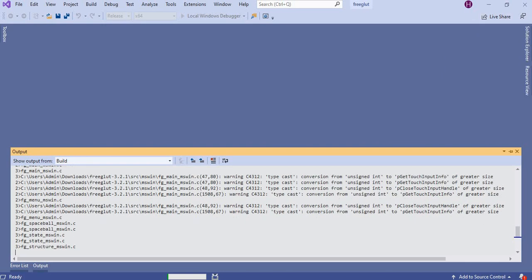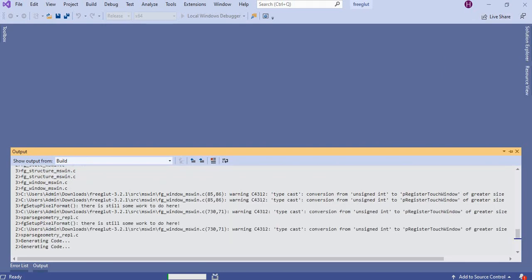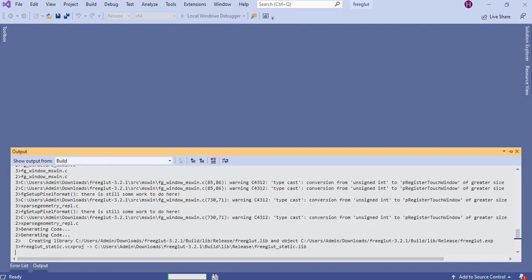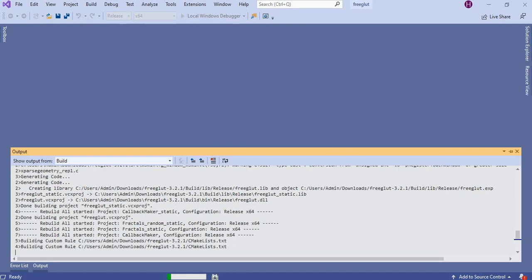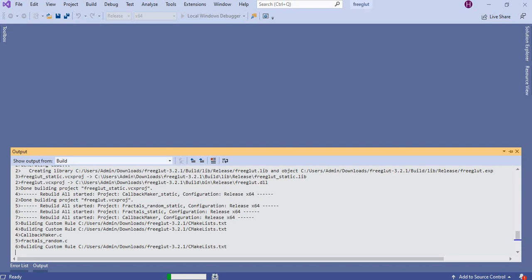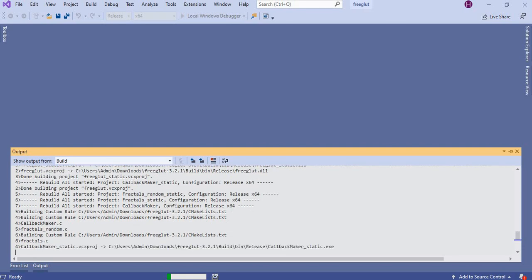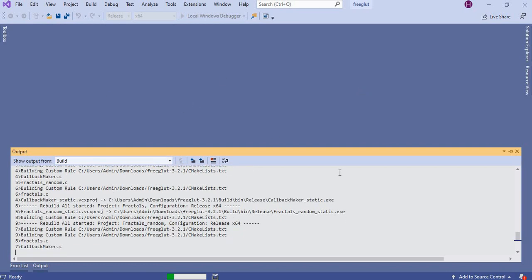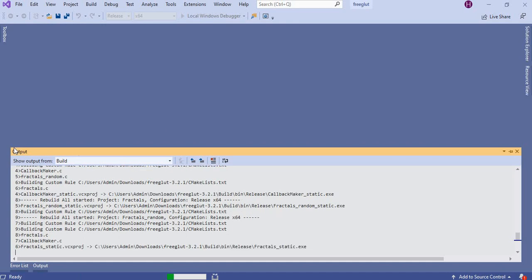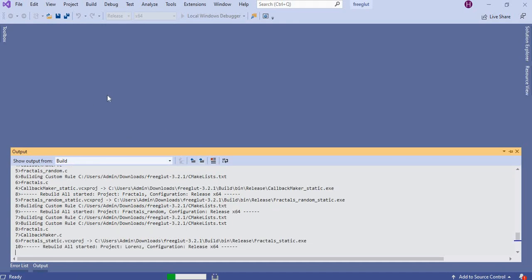Wait for it, it is building freeglut. Meanwhile, you can also do the same thing in your system as I am doing in my system, so we both are in sync.